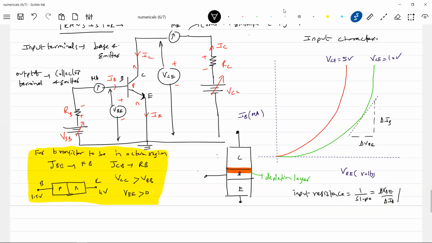In the books, they have put a slash like this, VC. Again, it's not a division, it means for a specific value of VC. You'll get confused, so I'll remove it. So this will be the forward resistance, or what you can call the input resistance of a transistor. The resistance offered by the base emitter terminal for the signal is given by this. In the books, the symbol used is R in. This is the only reason.